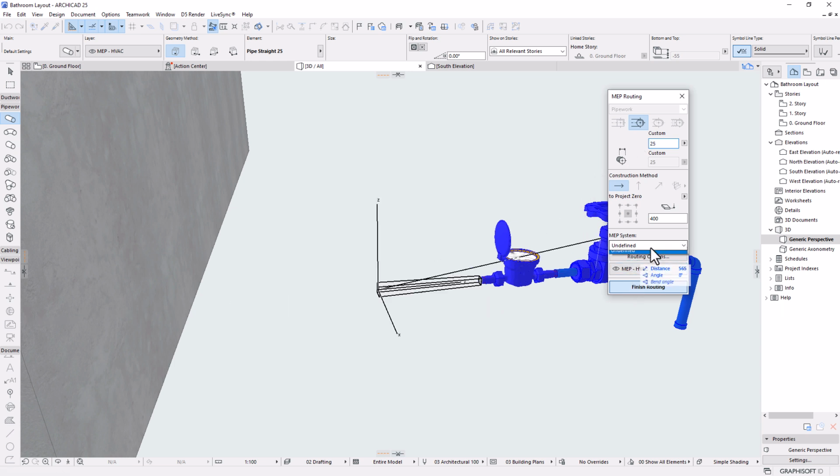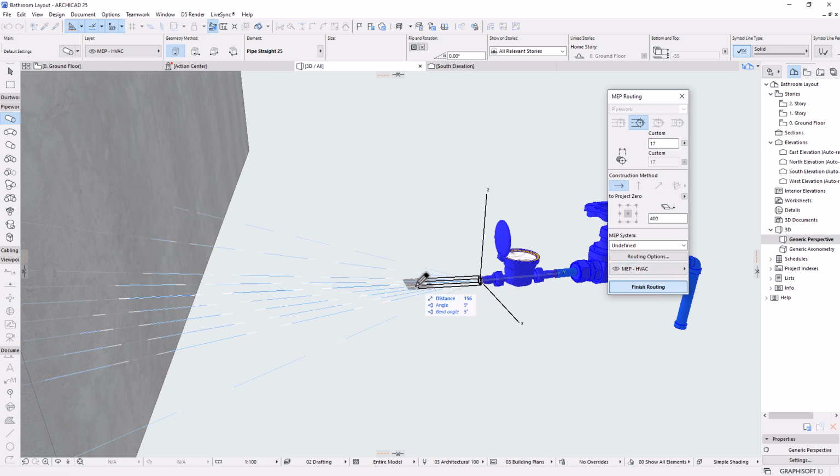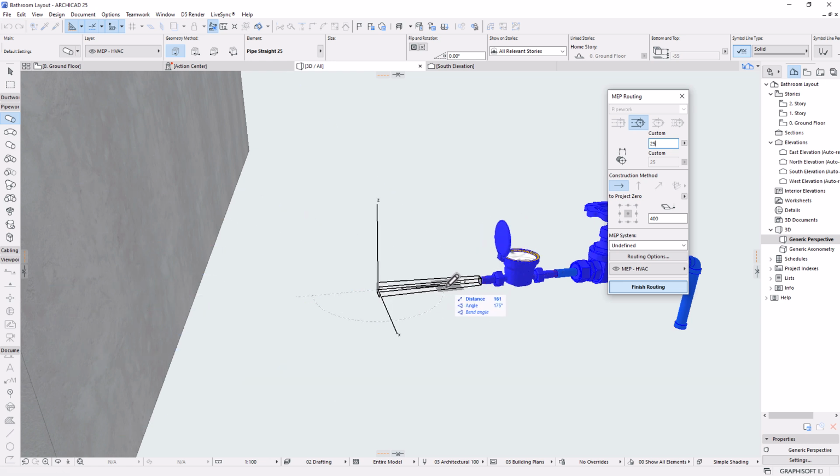And then the system is going to be cold water supply. There's a problem that I did. Okay, let's just start all over again. Start routing. There we go. I'll go this direction. No, sorry, of 25. I'll go with 25. Then